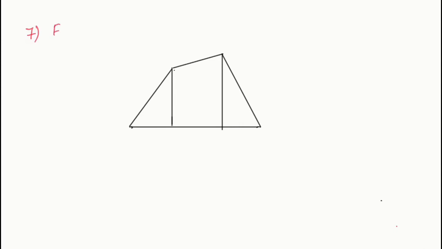Seventh question is given as find AB. Your figure is given with points A, C, D, B, E, F, and the values 45 degree, 20, 60 degree, 30, 60 degree. These are the values given to us. Using these values, you need to find out the side AB. So how will you find out AB using these values?